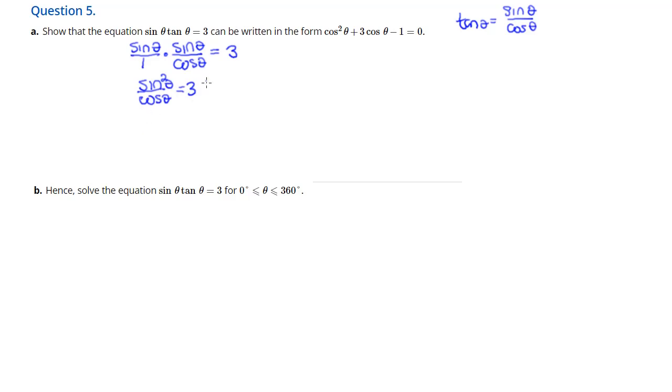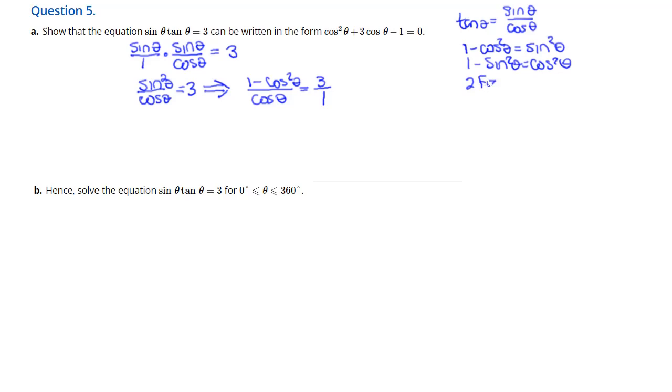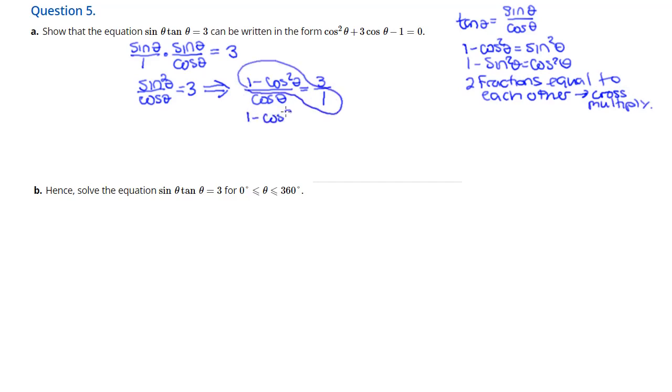3. Now, you'll notice that the other side that I'm trying to get this to look like, it's got all cosines. So I can use the Pythagorean identity, which says that sine squared is equal to 1 minus cosine squared, and replace that. And so now I've got this. And so if I make the 3 a fraction, I've got two fractions that are equal to each other. And whenever I see that, I can cross multiply. And when I do that, I'm going to do 1 times this, which is 1 minus cosine squared, equals 3